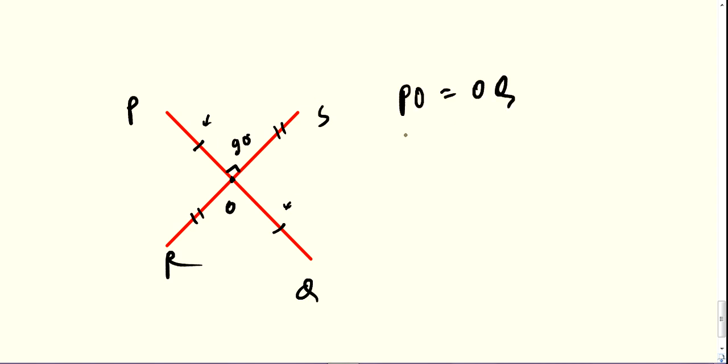P Q R S, this point is O, this one is 90 degree. Now we have these symbols here, which indicate PO equals OQ. If PO equals OQ, that means line SR divides line PQ into two equal parts. That means SR is the perpendicular bisector